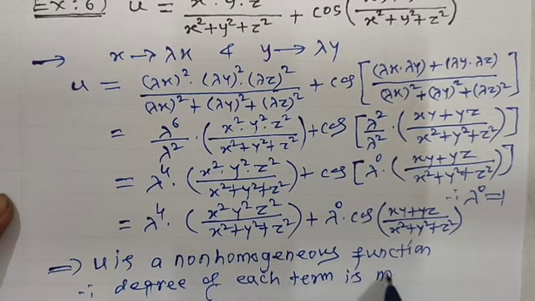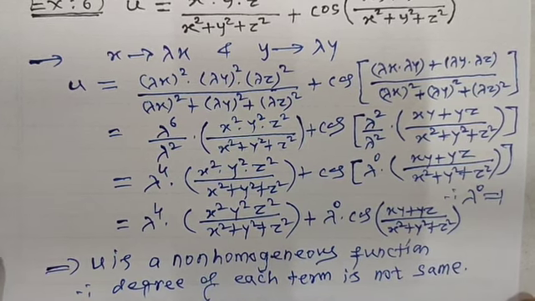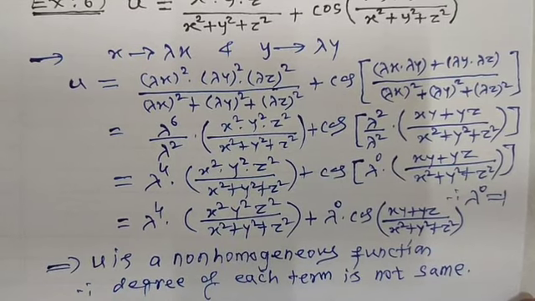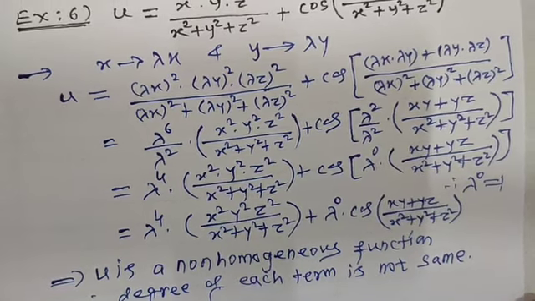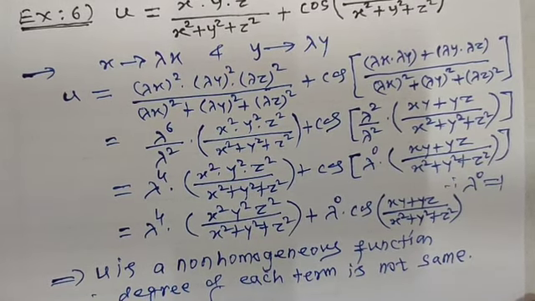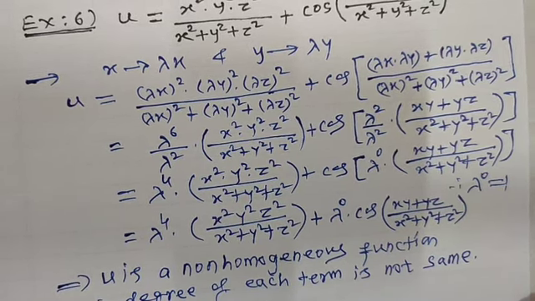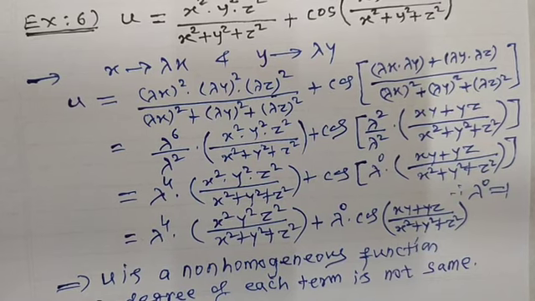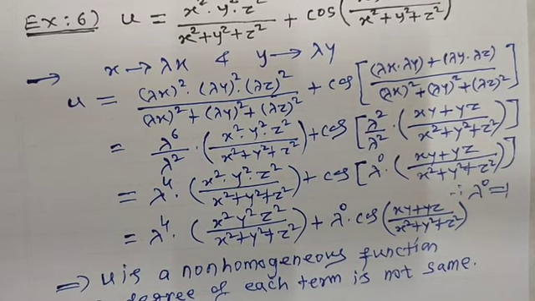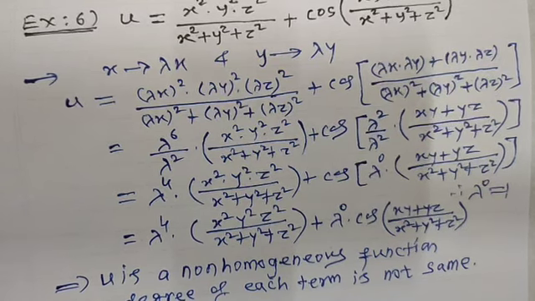In this way, if a homogeneous function is given, you can find the degree of that homogeneous function, because we have to solve problems in type number 3 of partial differentiation, that is, partial differentiation of homogeneous functions, and there is one theorem, Euler's theorem, and some corollaries. Applying that theorem and corollaries, we have to solve problems on homogeneous functions in type number 3 of partial differentiation.